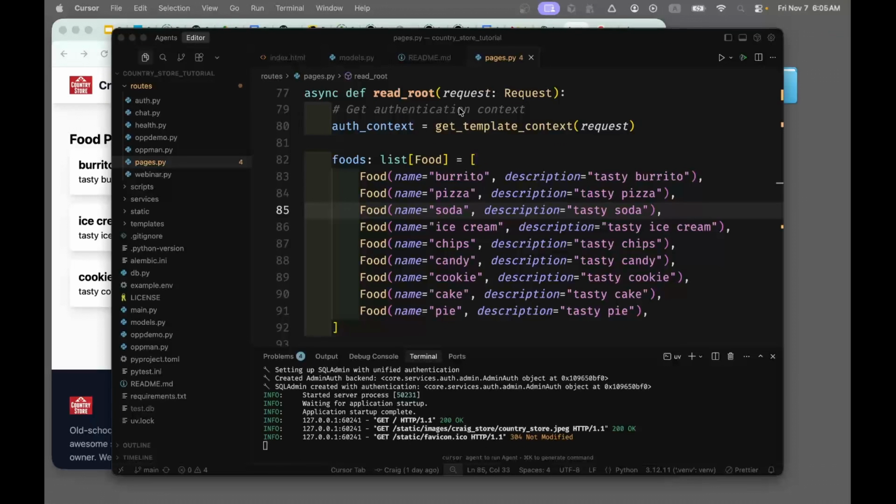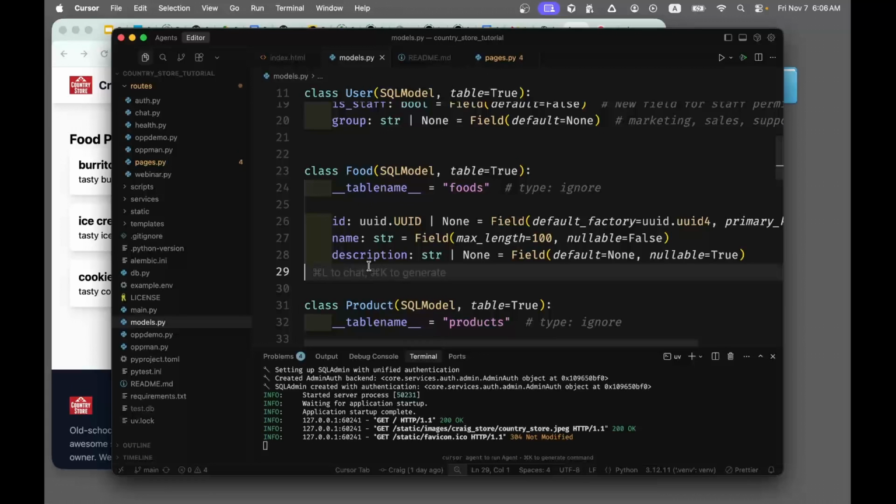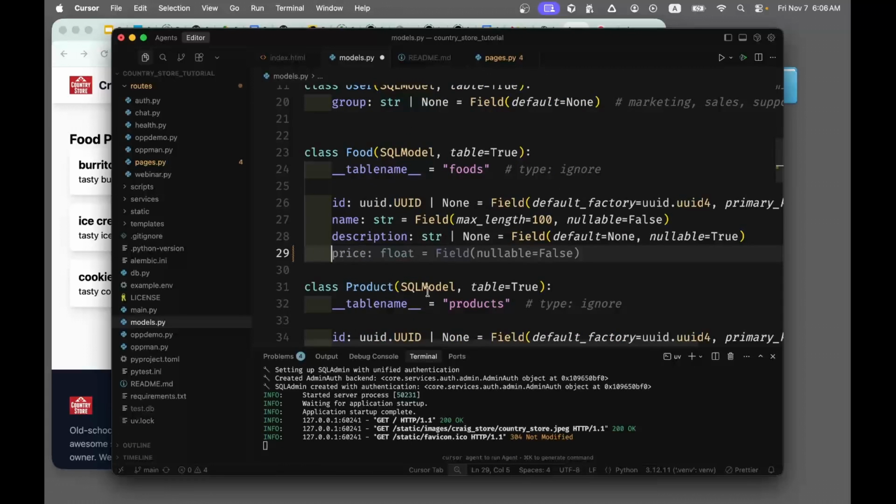Within the routes, pages.py in Python, we are using the model that we created, which was called Food, and we're seeding it with fake data. So we instantiate each one, and then it will appear on the page. In the food model here,